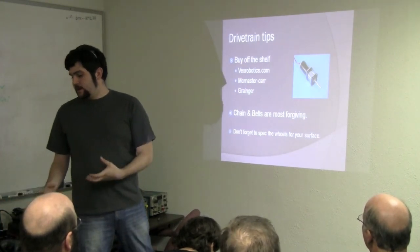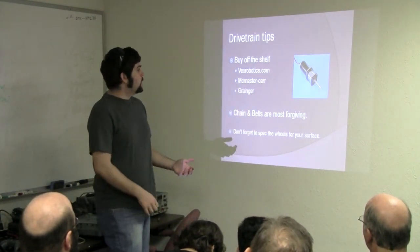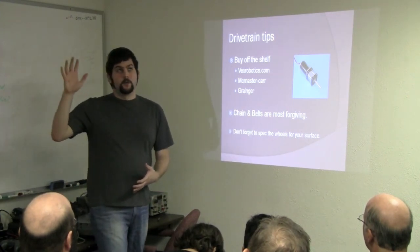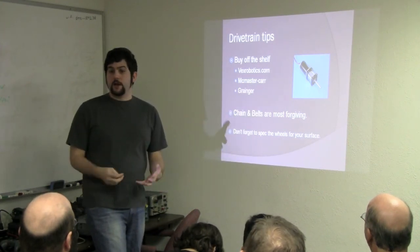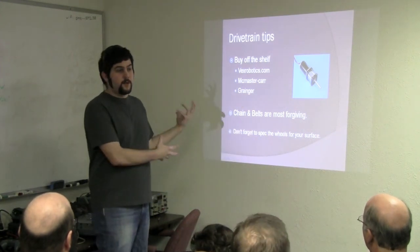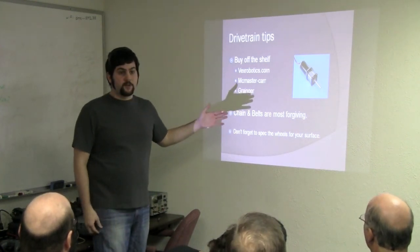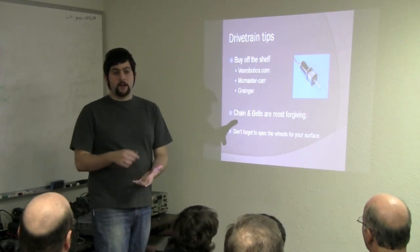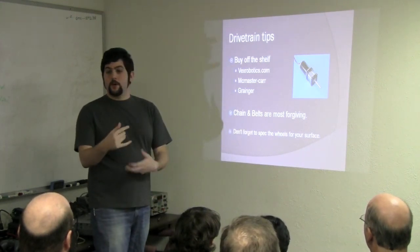So to wrap up, I have a couple tips, things to make building robot drivetrains easier. Buy stuff off the shelf if you can afford it. This will save so much time and energy in the end, but it all has to do with the budget of your project. Now, I'm a realist, and I know that sometimes you've got to scrap together what you have, in which case use the fundamentals and design systems that work as well as you can for what you've got. But if you can buy off-the-shelf components, there are plenty of sources out there: VEX, McMaster, Grainger, BaneBots, Robot Marketplace, AndyMark, that sell